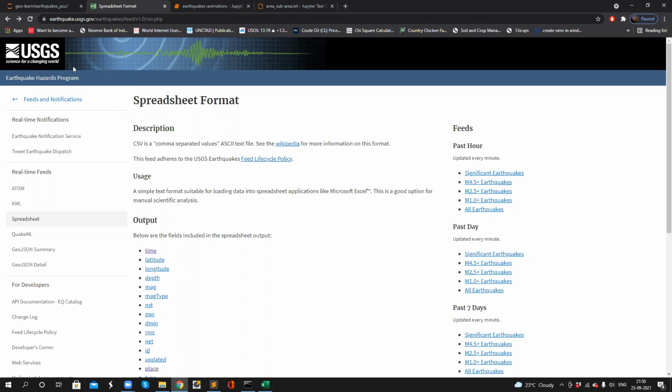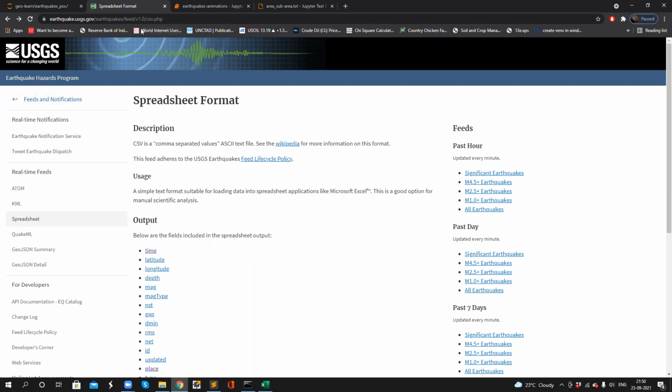The main goal of this agency is to collect earthquake hazards data, analyze it, and produce information out of it. Not just this, it also captures data on earthquakes, volcanoes, floods, and many more. You can find the details on the website.